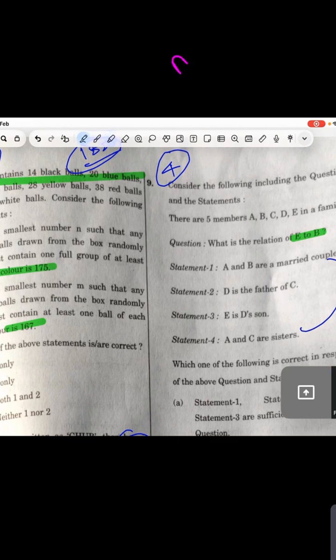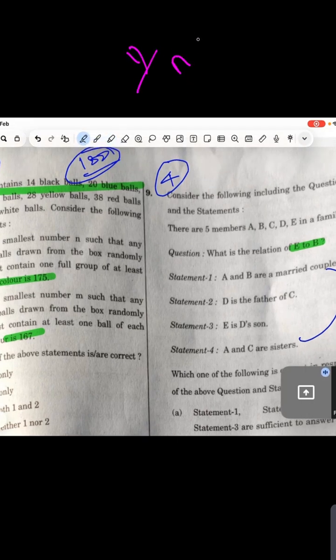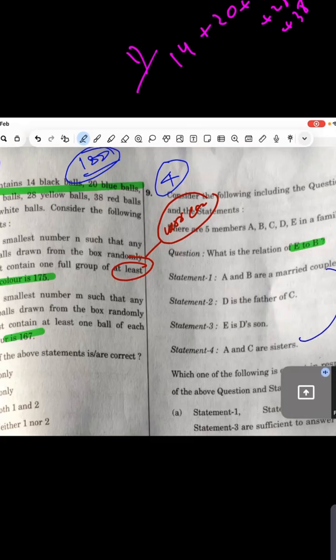You know what? In this question, they are asking maximum and minimum numbers. So guys, one thing always remember. The question is saying, how many balls do we have to pick up? It must contain at least. So if they are asking at least, it means we have to go in the worst case, guys. I told you this case, worst case, worst case. So guys, here,